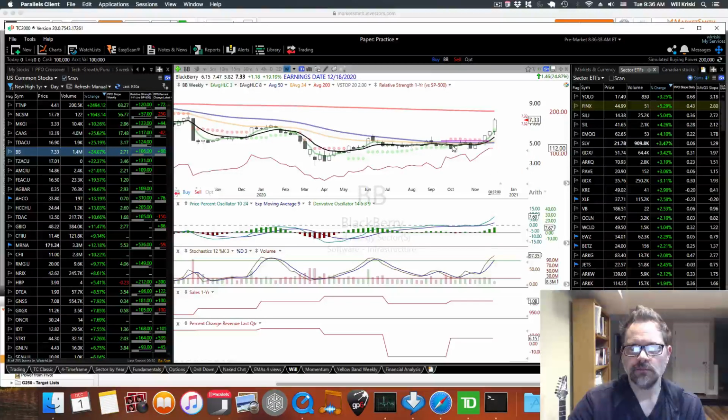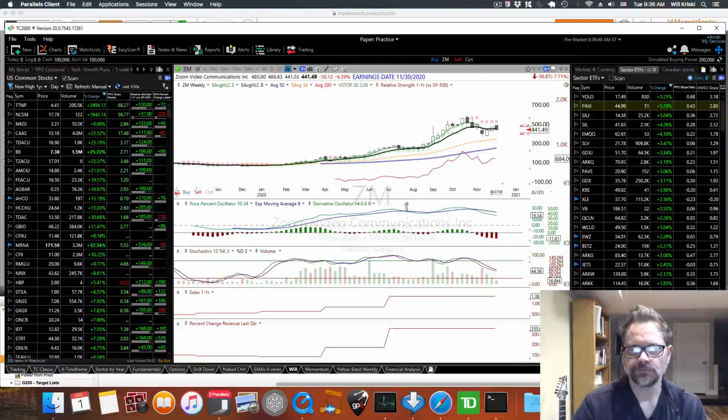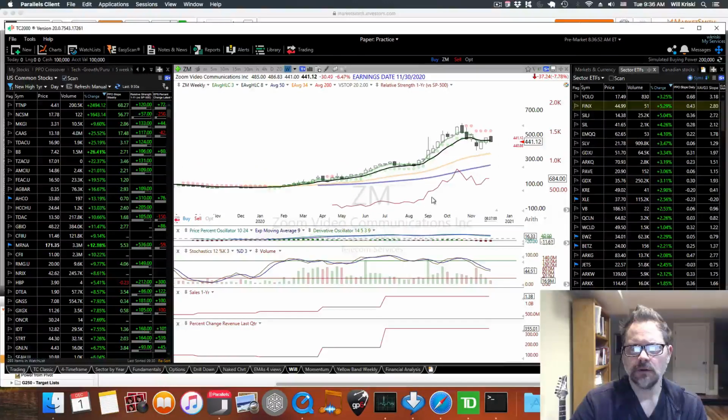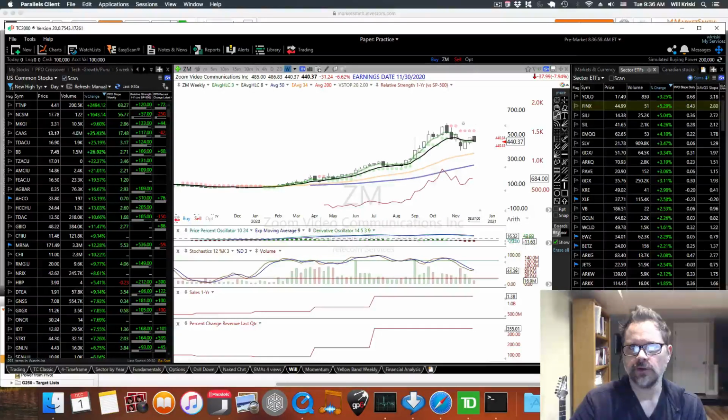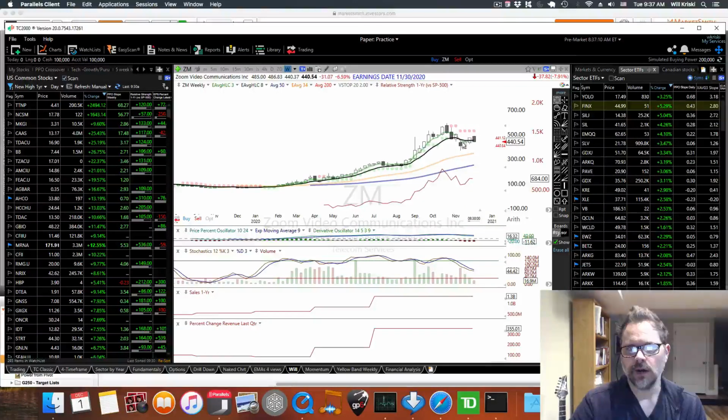This is the approach I use. It's either a flat line like that, or it'll break a downtrend. Let me see if I can find an example of that one. You could draw a line if you wanted to, when you have a downtrend like this. But the first break is not necessarily where you would enter. What I like to see is